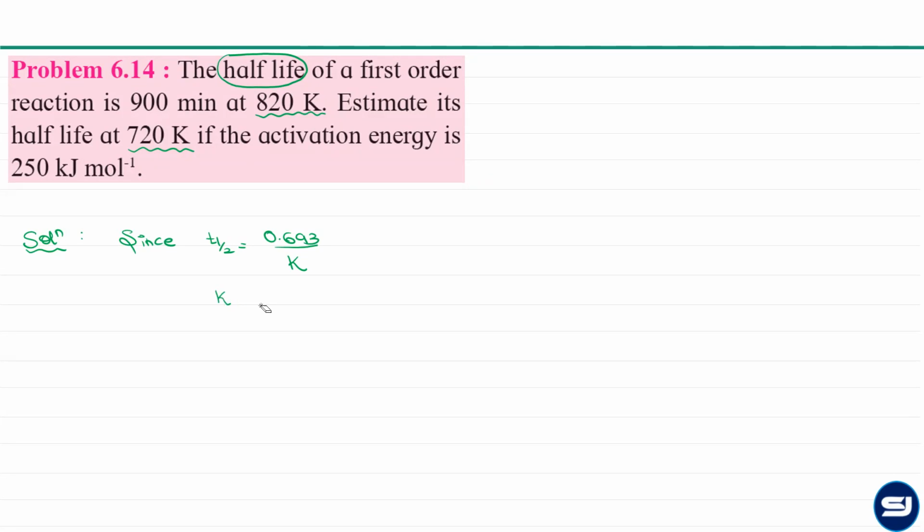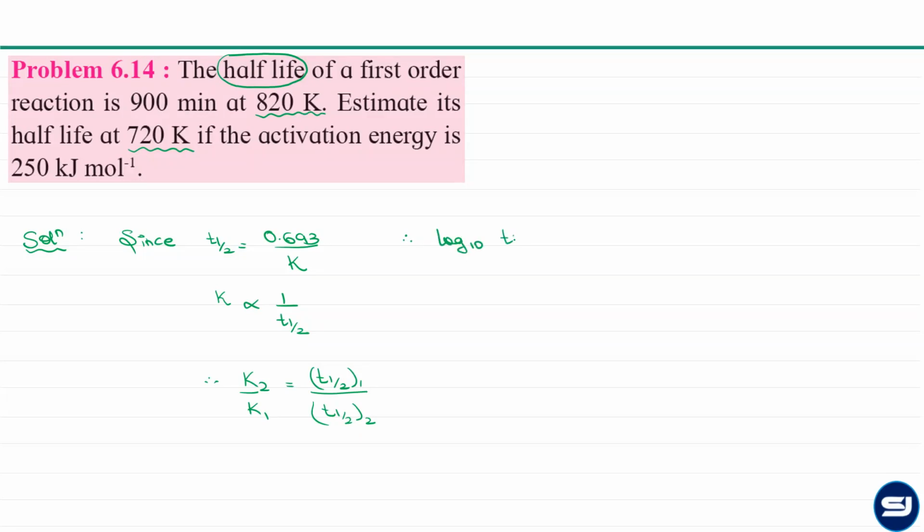k जो है वो इनवर्सली प्रोपोर्शनल है हाफ लाइफ से. यानी जो रेशियो k2 by k1 है, that will be now half life at temperature 1 upon half life at temperature 2. So no need to find k over here. Whatever is the half life का ratio, that will be k का ratio but inverse. अब आपका नया फॉर्मूला आ जाता है